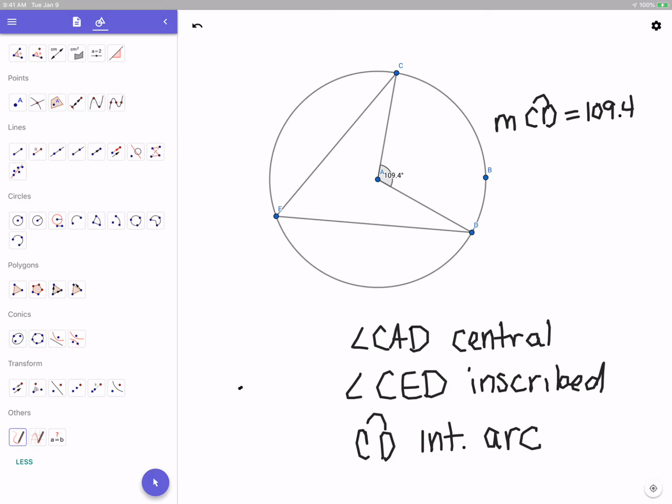All right, now let's compare those measures to the measure of the inscribed angle. So I'm going to measure angle CED,